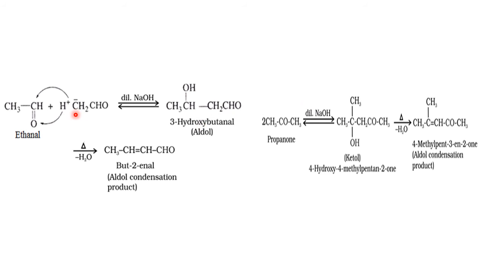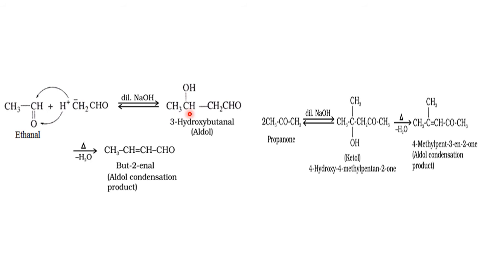How? Please see here. This is acetaldehyde, or ethanal. This is the alpha hydrogen. Now when two similar aldehydes undergo a reaction, what happens? This proton is taken by this carbonyl group. Whether this proton goes or that proton goes, they take a decision. Because both are the same aldehydes, they compromise, so one snatches the proton from the other one.